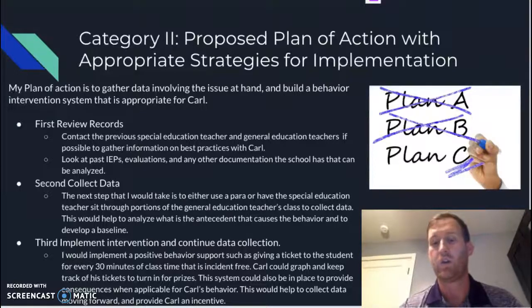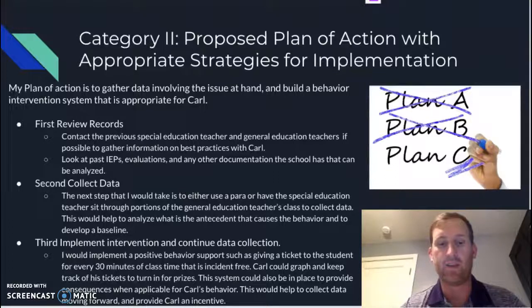These are all really important things that can help address the behavior. And then also I would implement intervention. So I would suggest a positive intervention. I like to have a lot of incentives if possible. So you could do strategies such as giving Carl little fair tickets for every 30 minutes or hour that he's doing well in class and there are no outbursts,